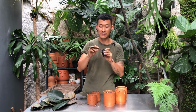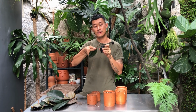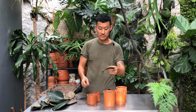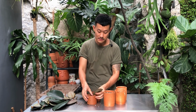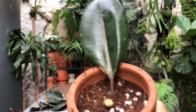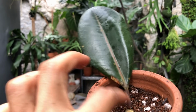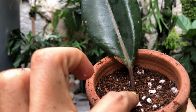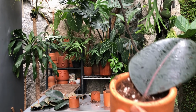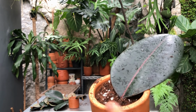I don't even know if it's expired yet. I'm just going to dip it in there. And when I'm done, I'm just going to stick this right into the potting mix. Let me show you what that looks like. How cute. So yeah, I'm just leading the root side down, and then I'm keeping the top here exposed to air where possible, so it doesn't have any chance of infection. I don't want to let this dry out at all. I can water this every day safely, because of terracotta and fast draining potting mix,